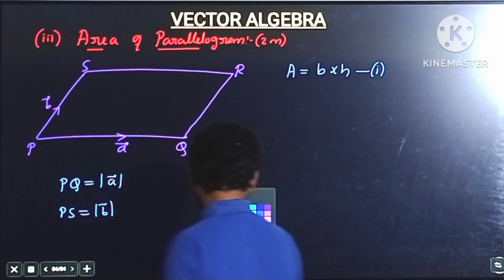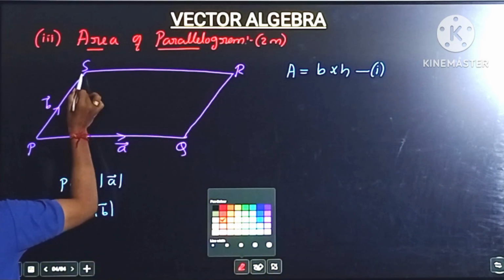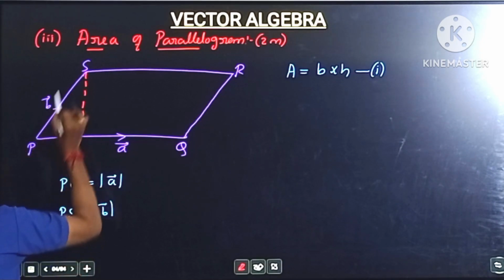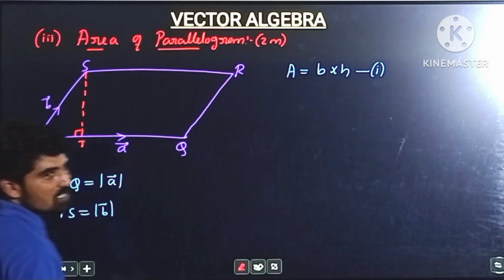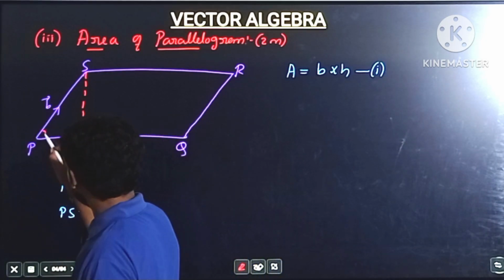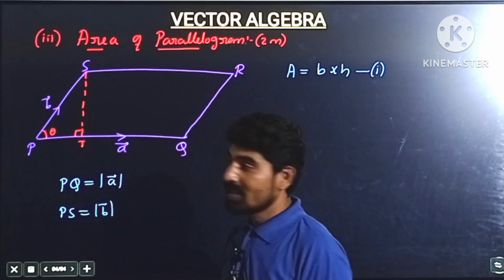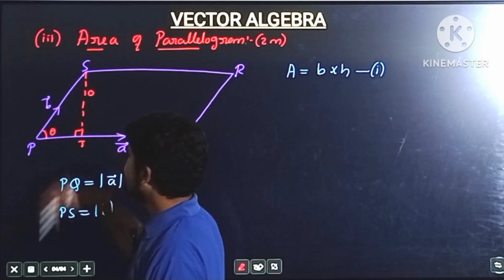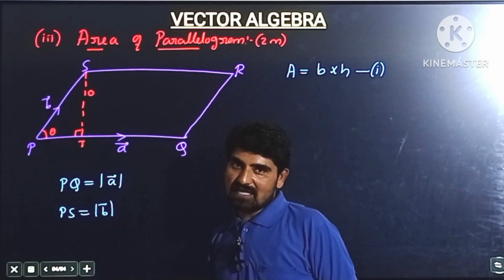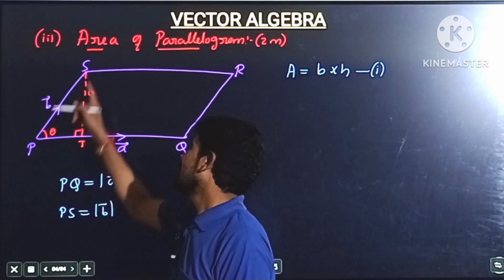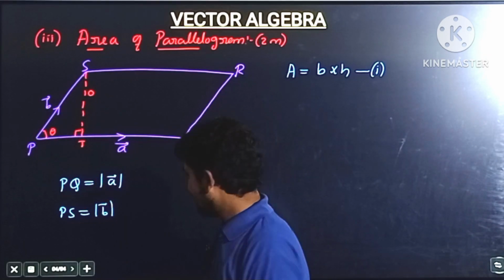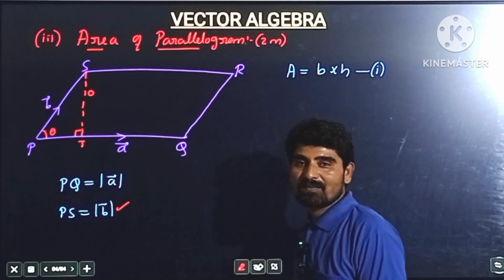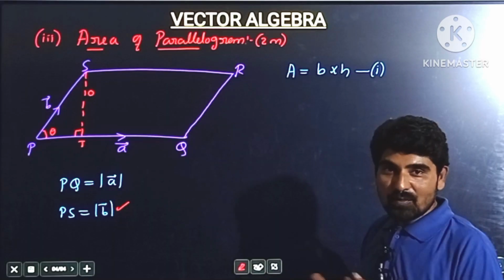For the height of the parallelogram, I am going to draw a perpendicular line from the vertex S to the base of the parallelogram. Now observe here, PST is a right angle triangle. And let us suppose theta is the angle between A vector and B vector. So for this theta, ST acts like the opposite side, PS is the hypotenuse side and PT is the adjacent side. So in the right triangle PST, the length of hypotenuse is magnitude of B vector, but we need to calculate the length of the opposite side. When opposite is unknown and hypotenuse is known,